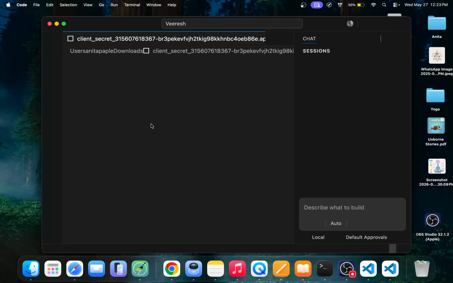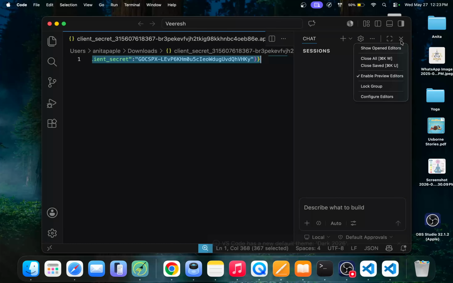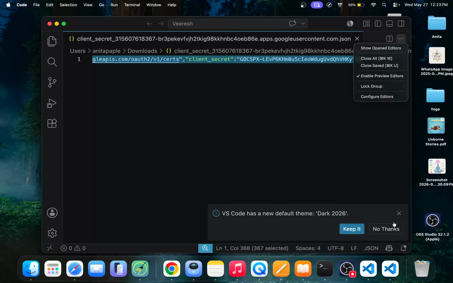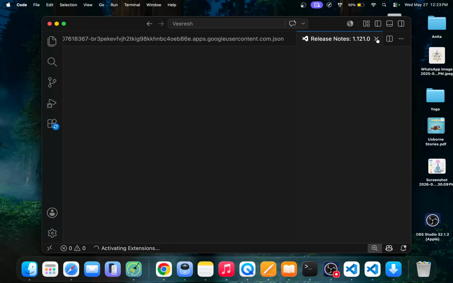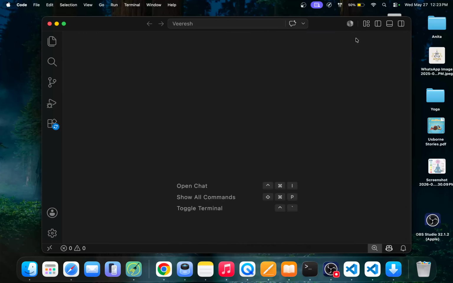So let's see. No thanks. Click on this. Basically it was all installed earlier, so hence you see some release notes. But once you open a new VS Code, this is how you will be able to see, where you'll have the file explorer here,